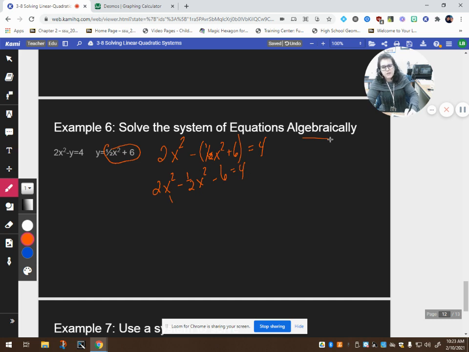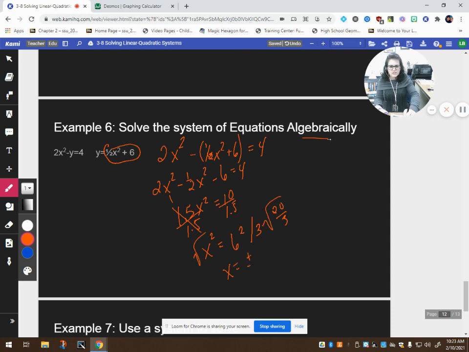I'm going to combine my like terms, and I end up with 1.5 x squared equals 10. I'm going to divide both sides by 1.5. And x squared equals, what is 10 divided by 1.5? 10 divided by 1.5 is 6 2/3. Or we could say 20/3, right? 3 times 6 is 18 plus 2. Okay, so take the square root of both sides, and I get x is equal to plus or minus